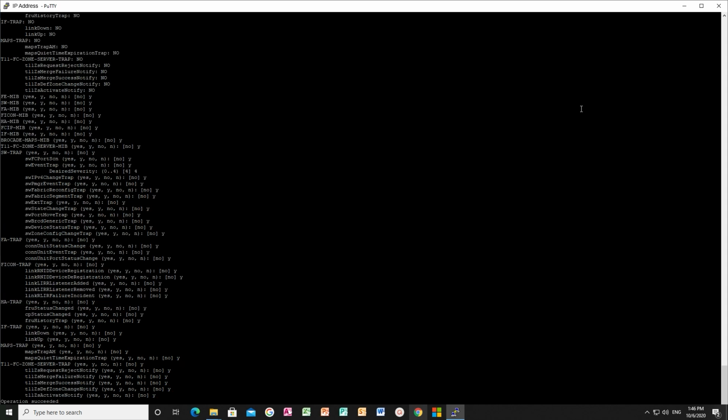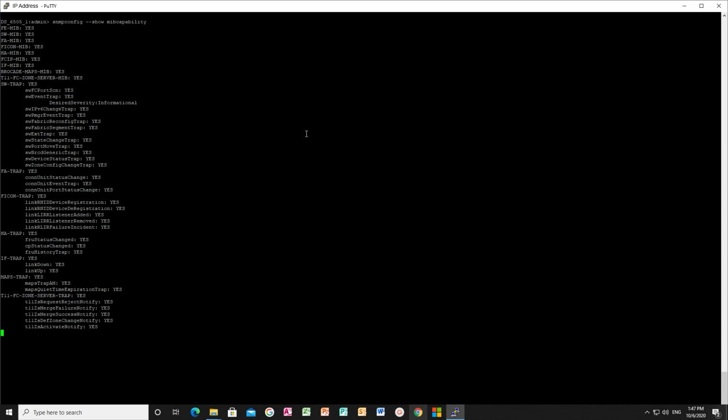Run the snmp config-set MIB capability command to configure the MIBs in an interactive mode. Enter yes or no based on your requirements. Use the snmp config-show MIB capability command to validate the configuration.